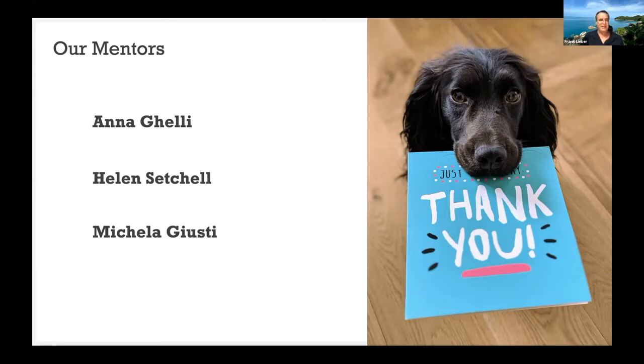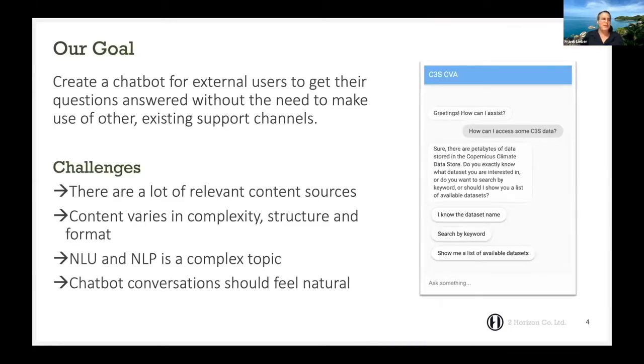And yeah, but now let's dive into the project itself. The goal is that we try to create a chatbot for external users of the websites to get the questions they have answered without the need to make additional use of existing support channels.